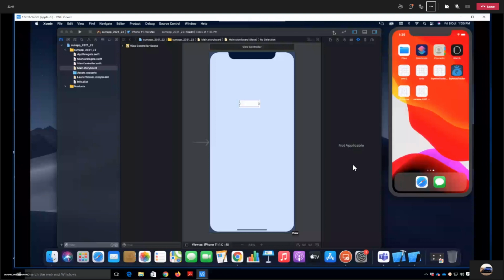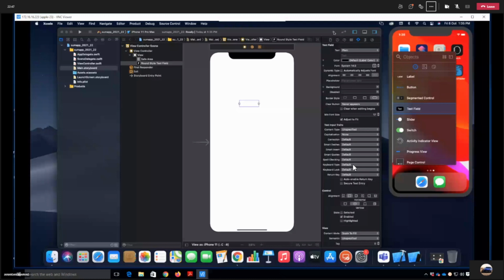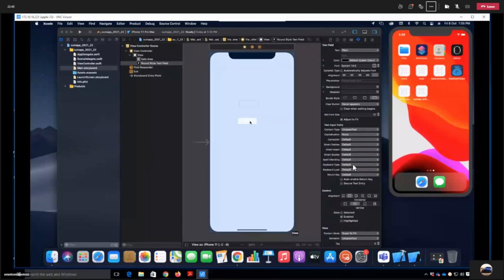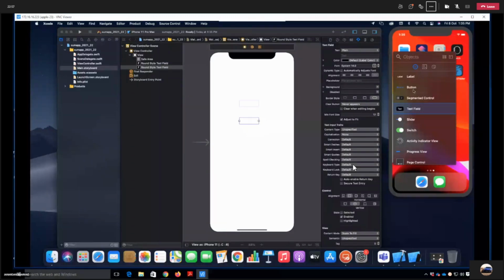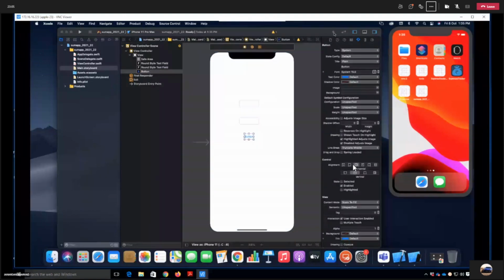Then I need one more text field. So again, I'm clicking on that object library button, that is plus button. Then I need the button, and I will need a label.